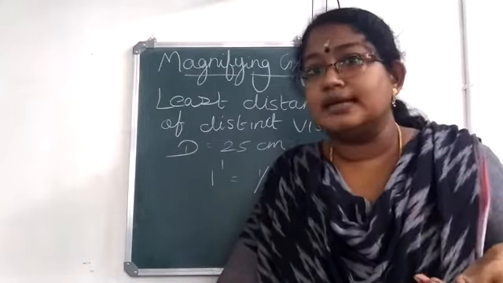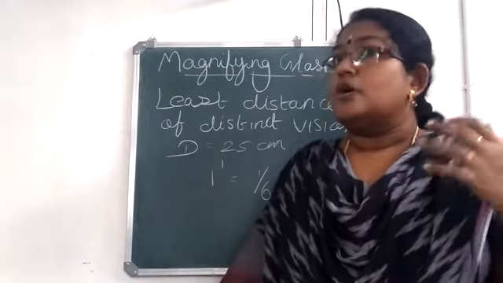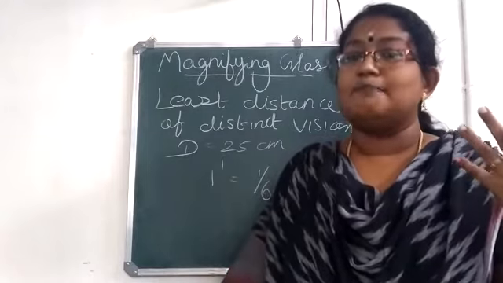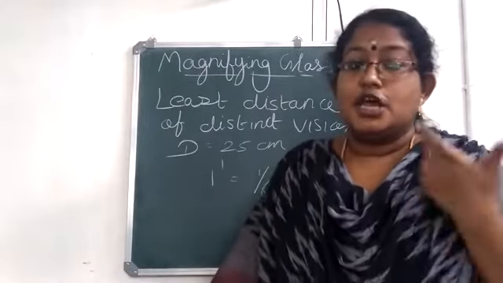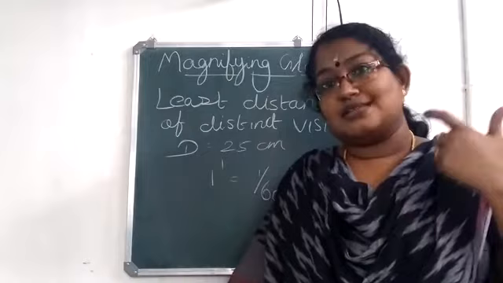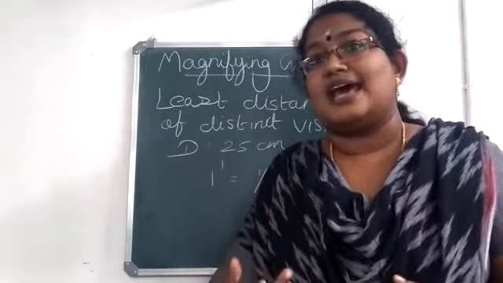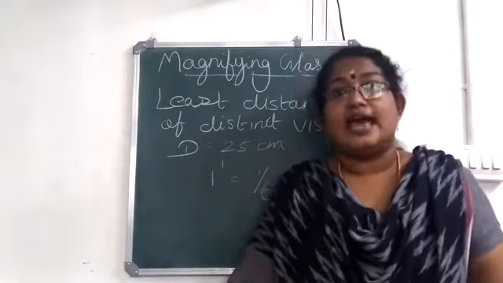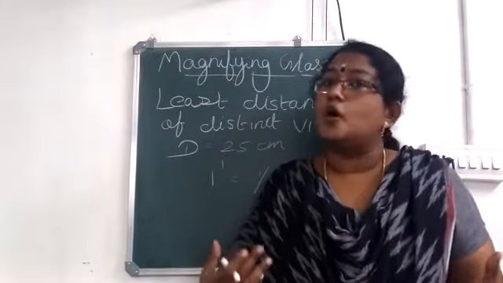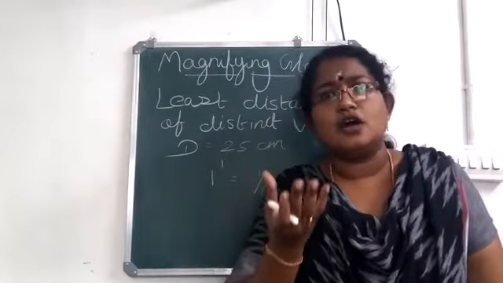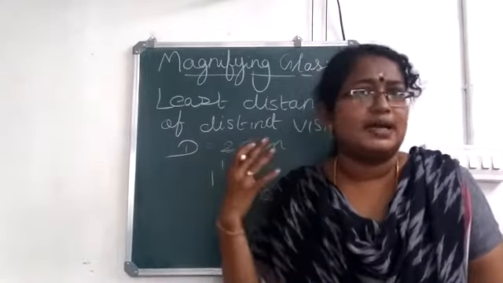So is it clear? Now we are going to discuss a simple microscope or a magnifying glass. If you take a convex lens of short focal length and mount it on a lens stand, then we can call it a simple microscope or a magnifying glass. Nothing more to do there, just a convex lens of shorter focal length.